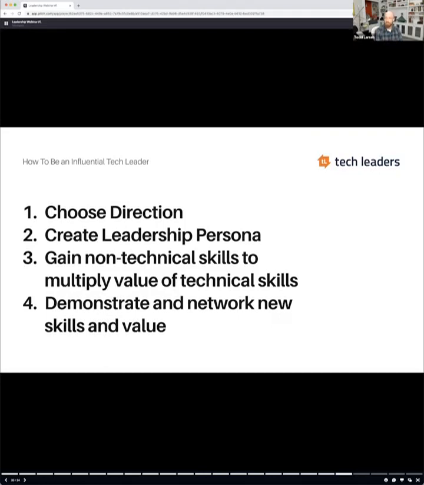If we could boil this down to 4 high-level steps, it's those 4. And if you choose your direction as a leader, your style, your persona, then you're taking control of your career, because a lot of the time for a lot of people, it's almost waiting for they're given that management opportunity or that leadership opportunity. But when you choose your direction and your way of doing it, your persona as a tech leader, then you're in the driving seat.